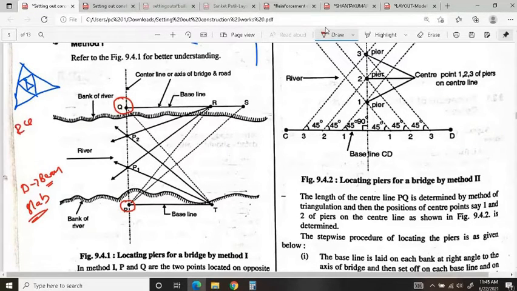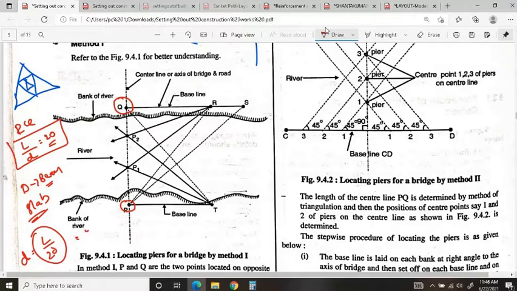If you are going for RCC, then the depth of the beam will be decided by L upon D equals 20, the very first design, where L is the length between the supports, D is the depth, and 20 is the constant. So to determine the depth, it will be L upon 20. Say L is around 20 meter. If you cancel, you will directly get the depth of the beam.